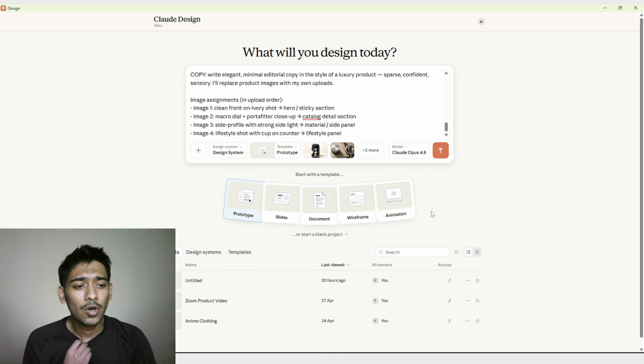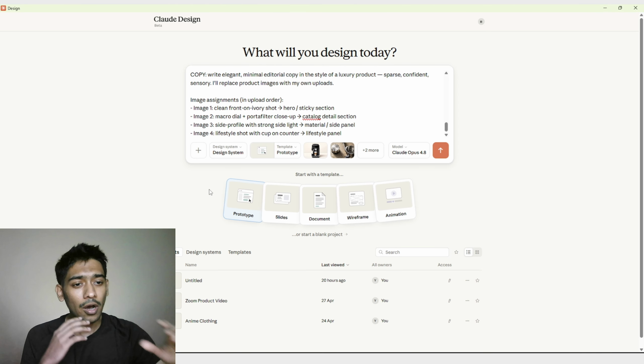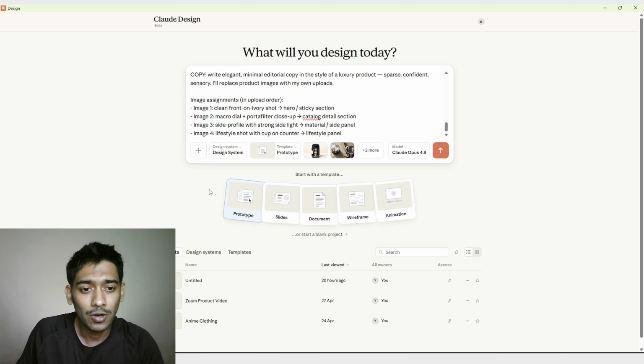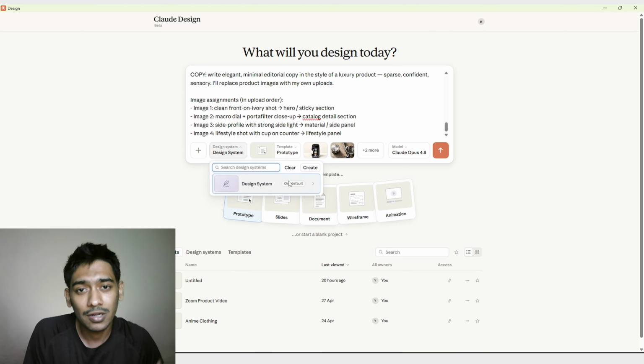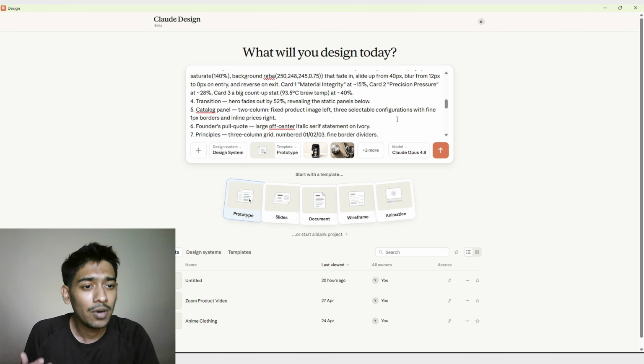And also if you want, you can go with animation type, but for our case I prefer the prototype one. And for the system design, if you want, you can give an organized system design. So just go with create and give a system design. In this case I'm not giving anything, I'm just going with the default one because my prompt is